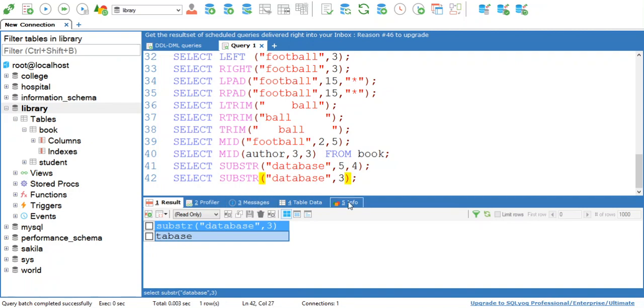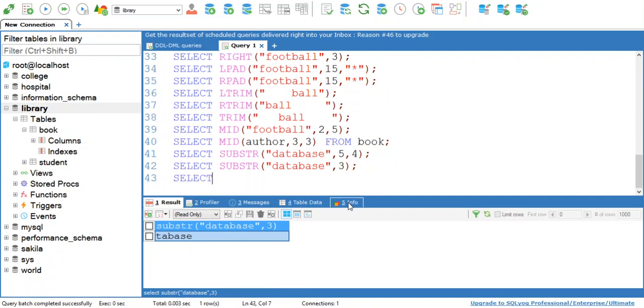This means here we have specified only the starting character from which we want our substring, and we have not specified the length of output. So it has given us all the remaining letters from the input string. This select can be used with an attribute also, an attribute of your table. So I want to find the substring of publisher starting with the fourth letter. I have not given the length of output.